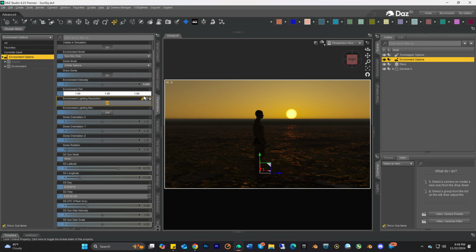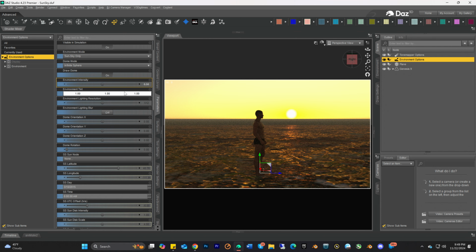Environment lighting resolution, let's go to 20. Okay, that doesn't seem to change much, let's set this back to 5. Okay, so we could go to 1. Or we could go 0.5. Okay, so that's where we get kind of bright. So we go to 0.3. All right, 0.2. So we get a nice, good